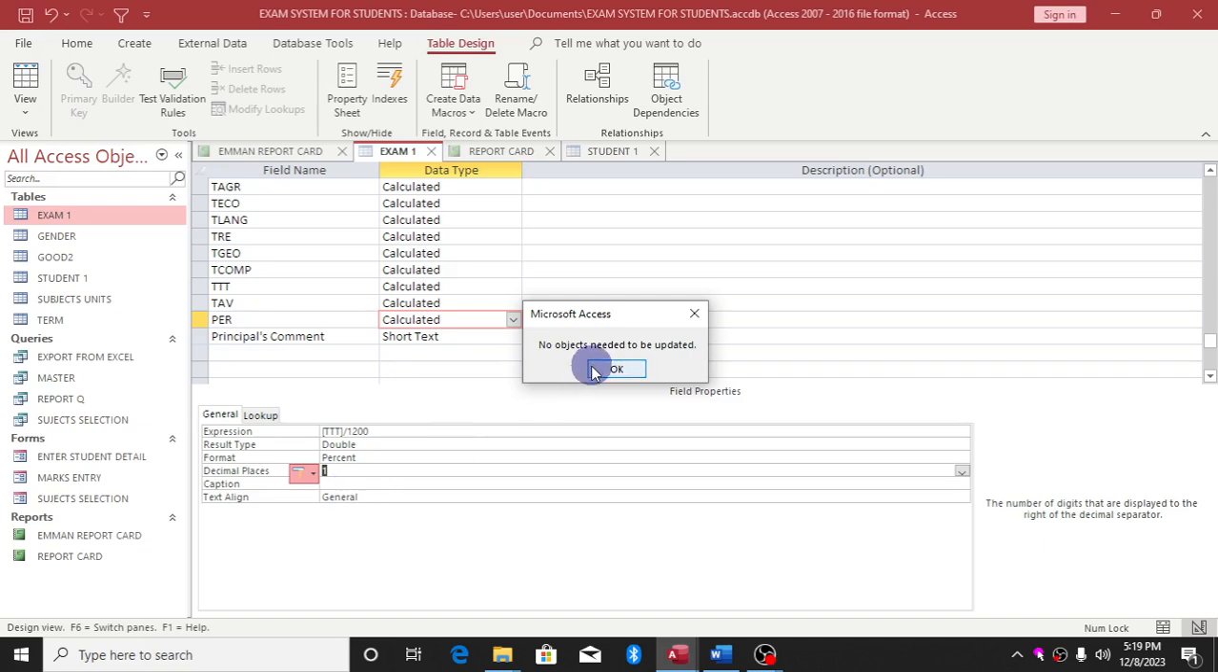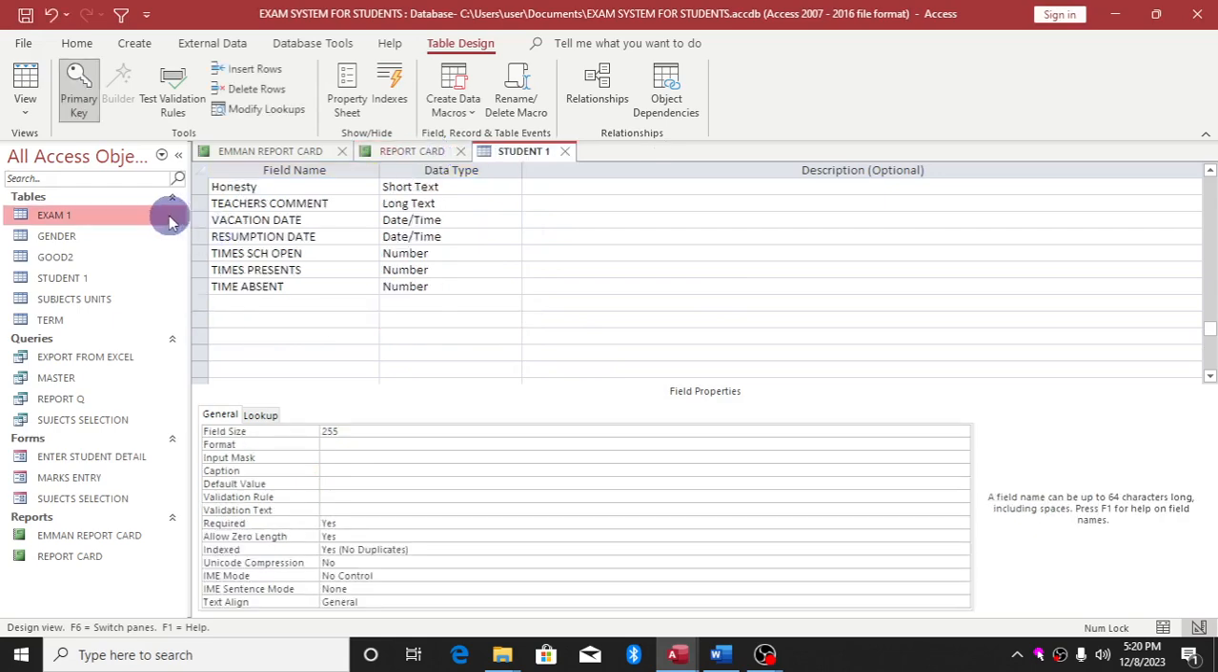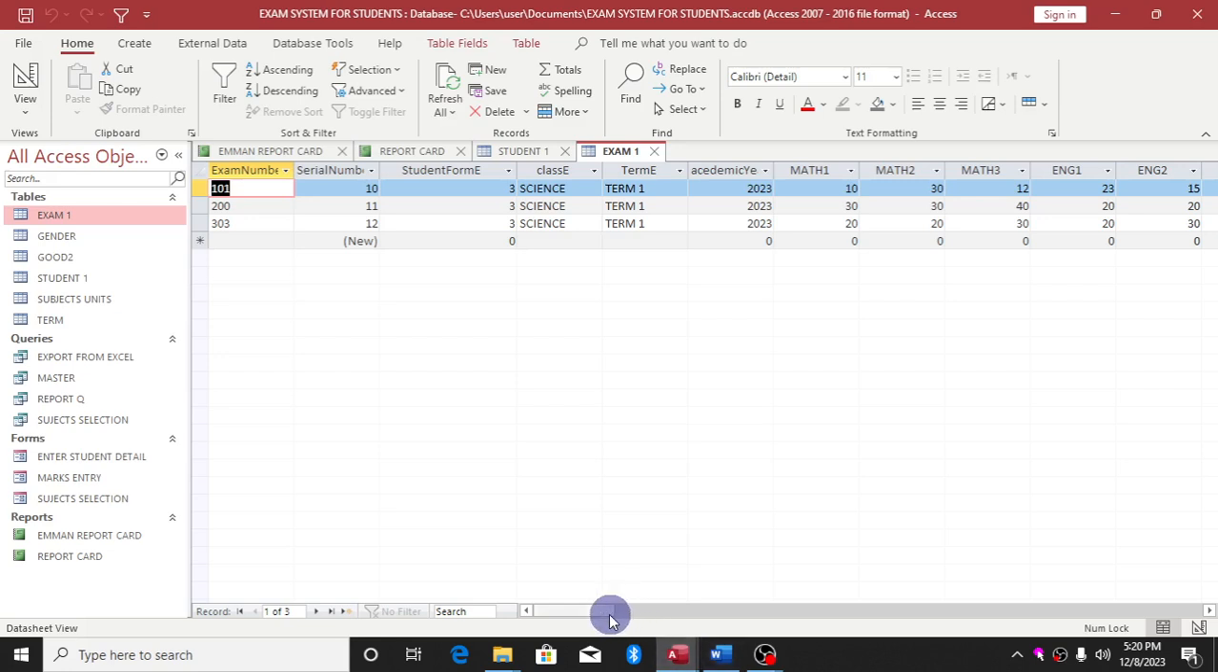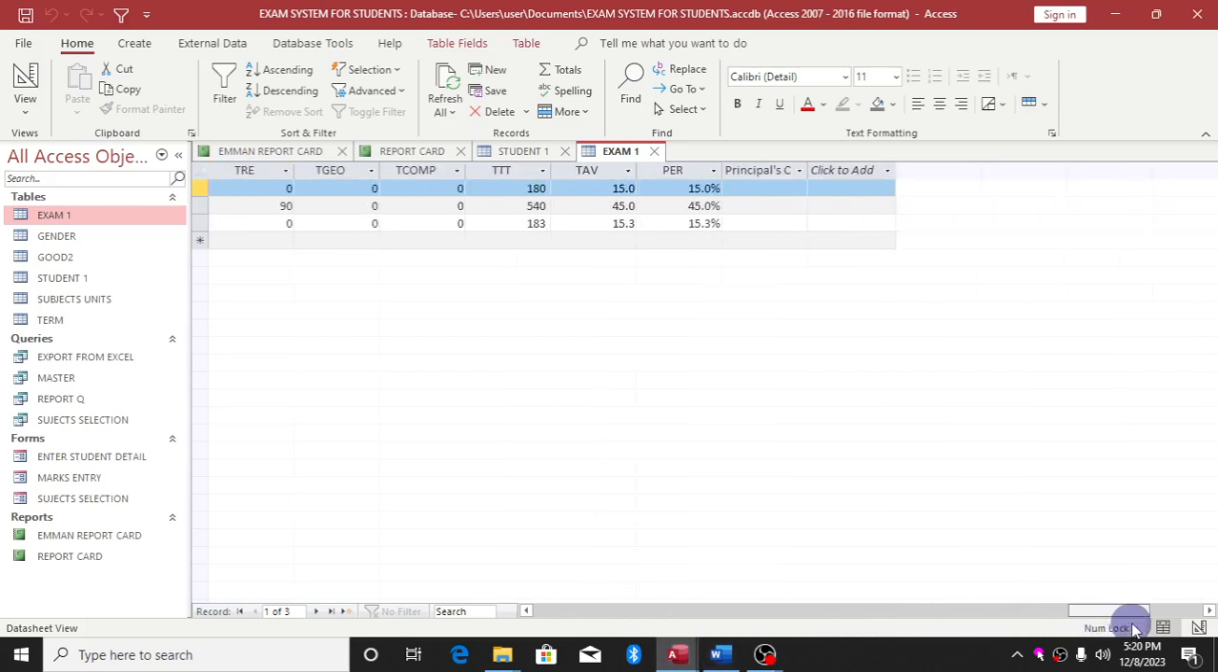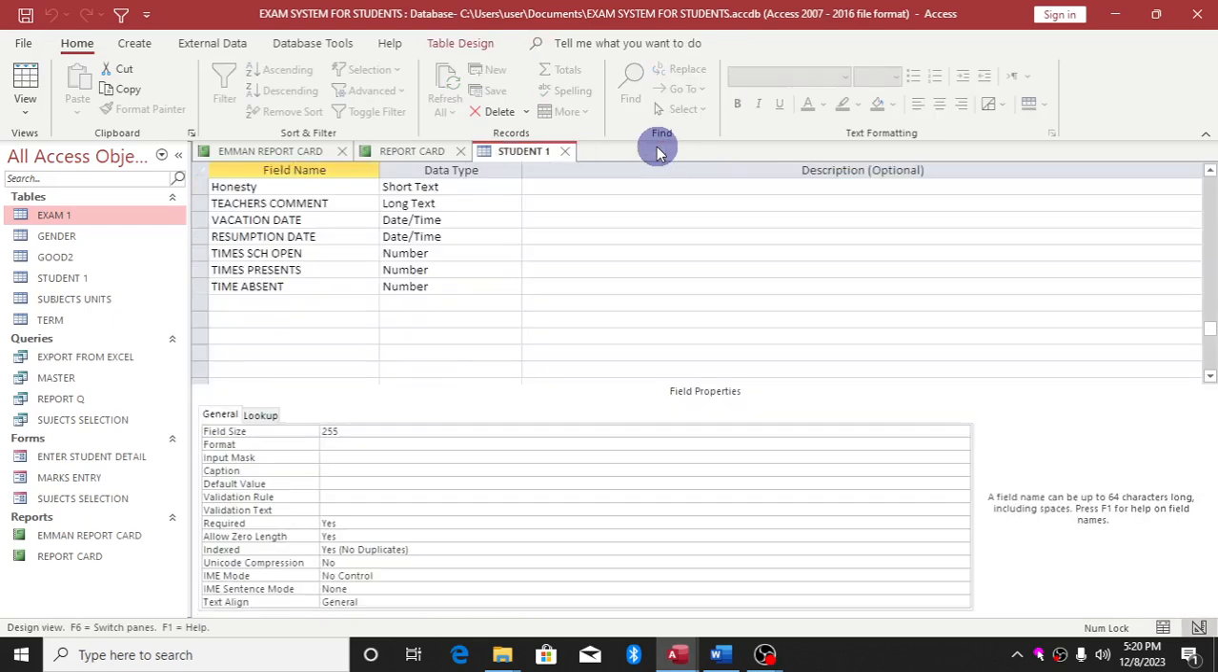If it doesn't update, there's no problem. That means it has updated on its own. Ctrl S. Then you close it. Then let's open it and see. And if you look at it now, everything has been adjusted. So you can now close your table. Then you now come to